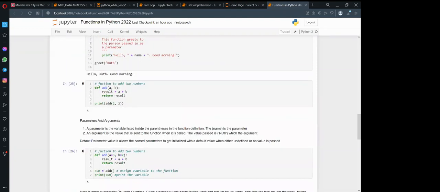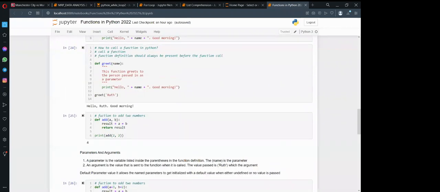Functions are very interesting. If you look at this on my screen, you can use them to perform calculations, not just producing text as in the first example. Let's say you want to add two numbers. Up there, you put the keyword def, then the name of the function, add, and you can see it has a different color.